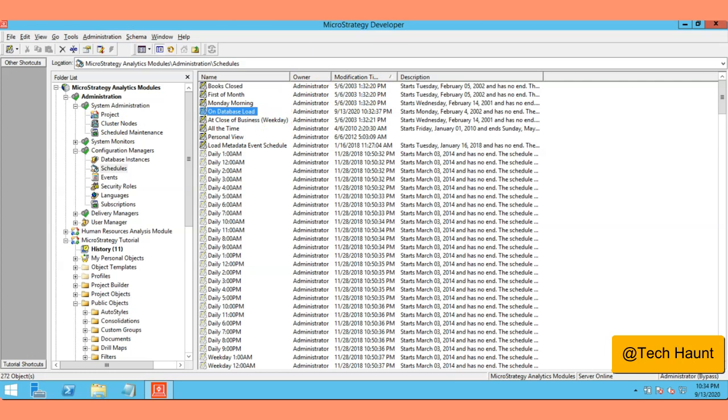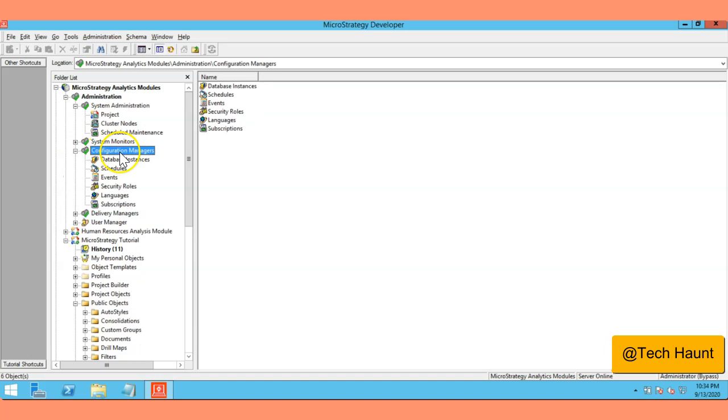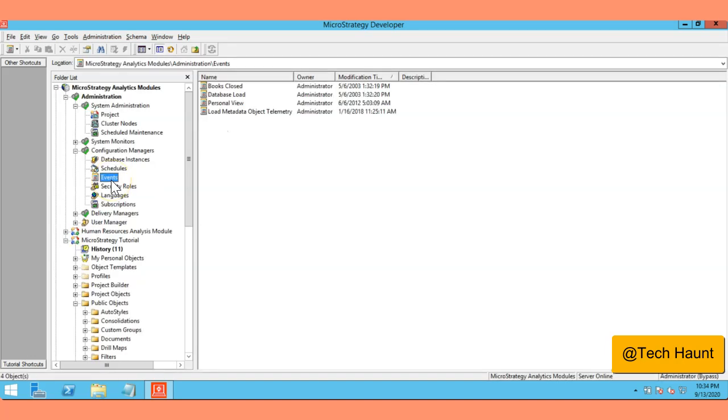Right, so let's go under the administration here, and under the administration you need to come under the configuration manager, and then you need to go to the events, and under events you have one of the events created here. Okay, so this is already created. If you want to create any other events, then you have the option to click on new, go to event, and then you can create.